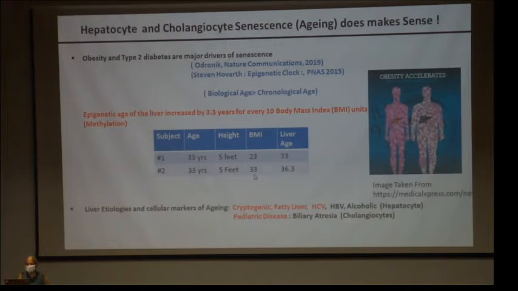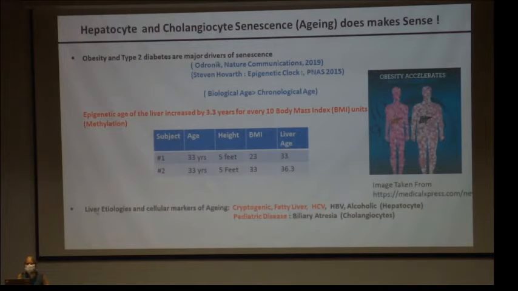Now what he asked was, using the available data on the methylation pattern, which I'm not going into the details of now, what he could find out was that for every 10 body mass index units, there is an increase in the age of the organ by 3.3 years. So both persons are the same except for their BMI. So if there's a 33-year-old person with a BMI of 33, the liver age is much more, that is, it's 36.3. Now, from an academic point of view, it looks good, but maybe in future, we may not be called by our age, but rather by our biological age. So that's why senescence makes a difference.